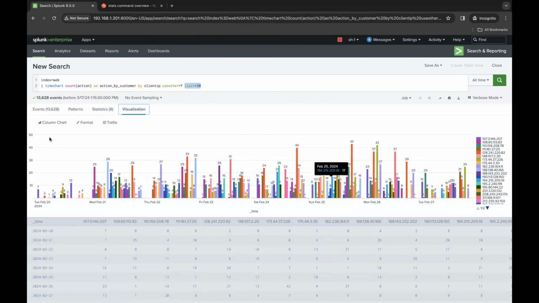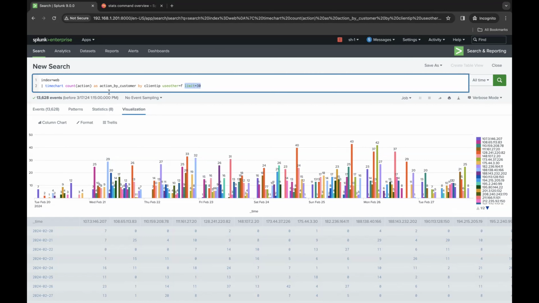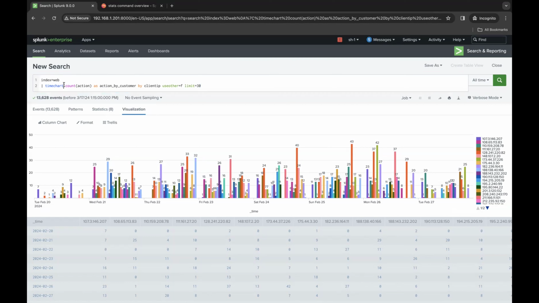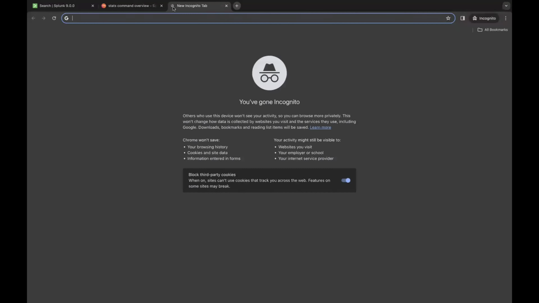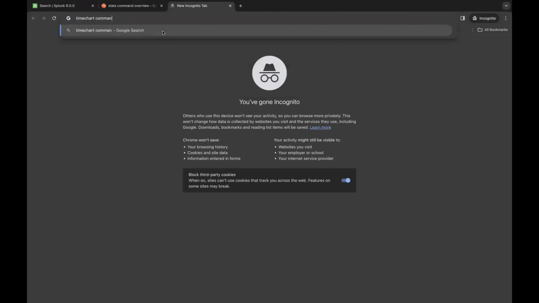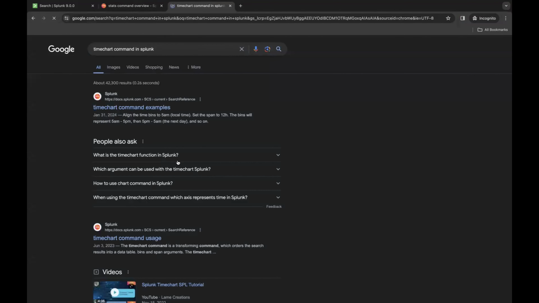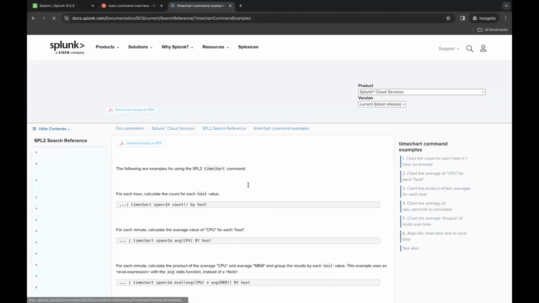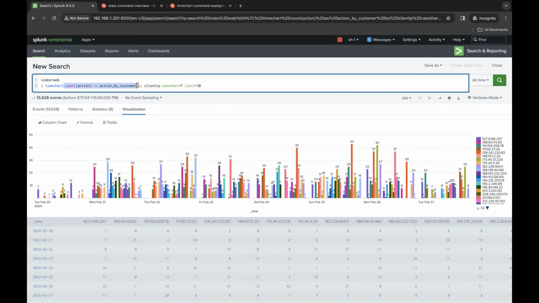We can use other constraints, like we can limit it, we can sort it on all of those constraints. We can use most of the actions that we can use in a chart command. So let's just go to the timechart command in Splunk. And over here you can see, okay, let's just try to use this. We can span it to 1 day. So span equals,